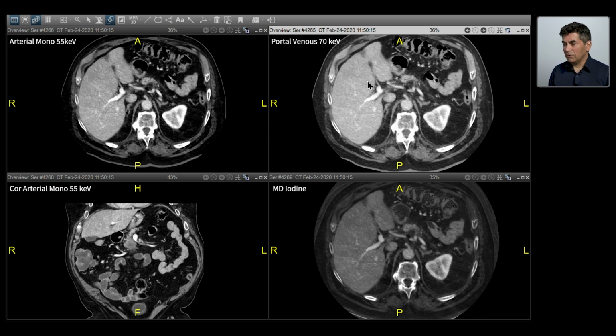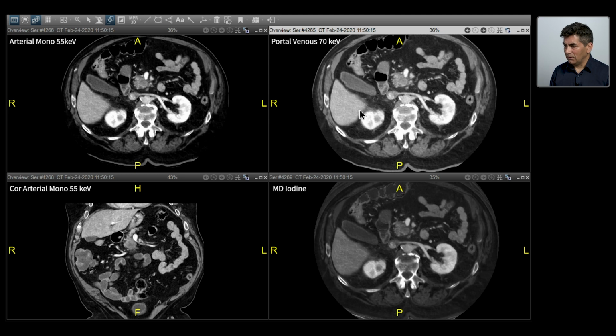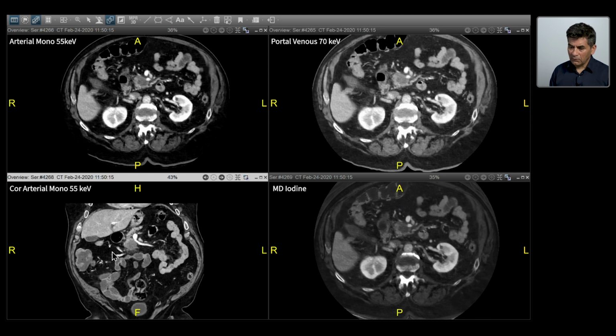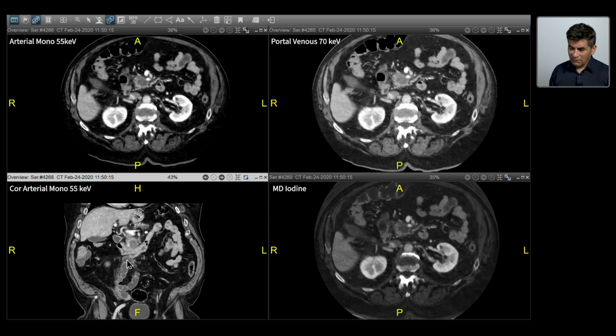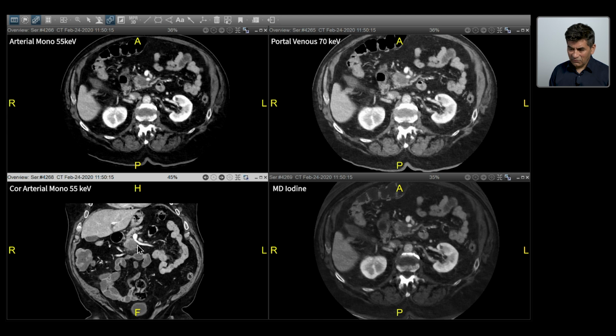In the event I have a doubt about this lesion, this patient might require MRI, because if there is metastasis to the liver, the only treatment option for a pancreatic cancer patient is chemotherapy. So I will interrogate this lesion again with additional images. We'll go and look at the coronal images again. Now, on the coronal images, I'm trying to not only look at the lesion in the pancreas, but its relationship to the organs in the vicinity, like this